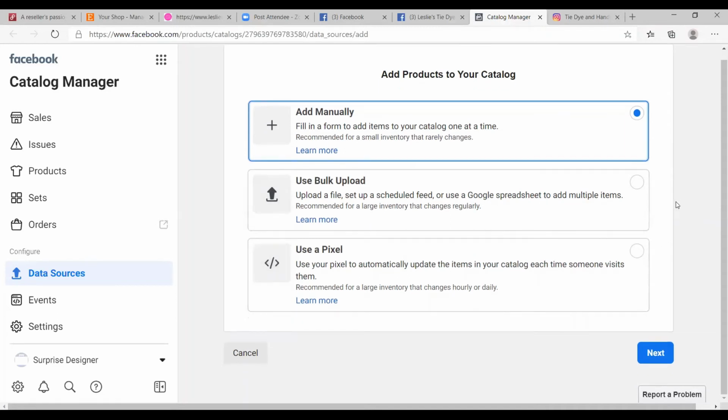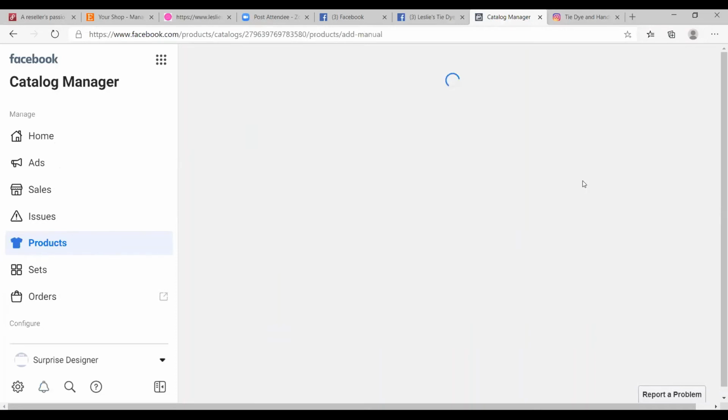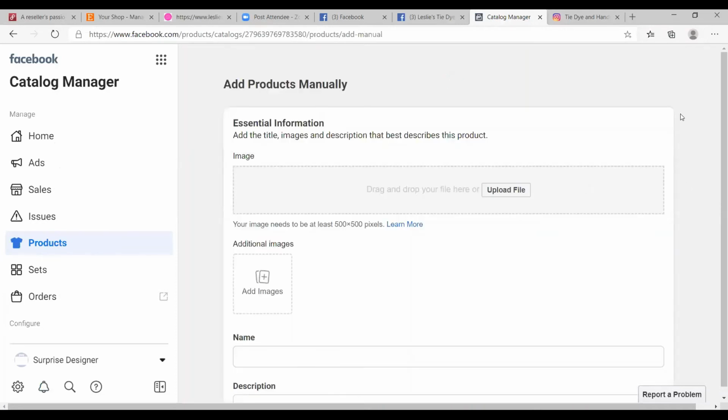On like your Instagram. So I usually hit add manually, and then I hit next. And you can upload your file. So if you have pictures in there, you can upload your file. So if I were to go into upload file, I already have pictures in my